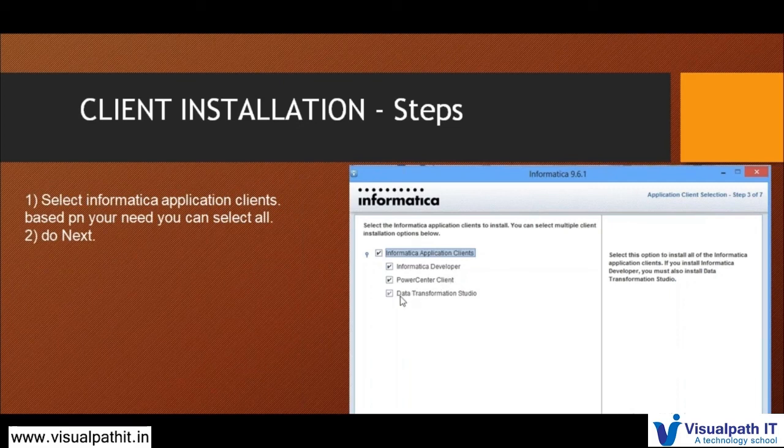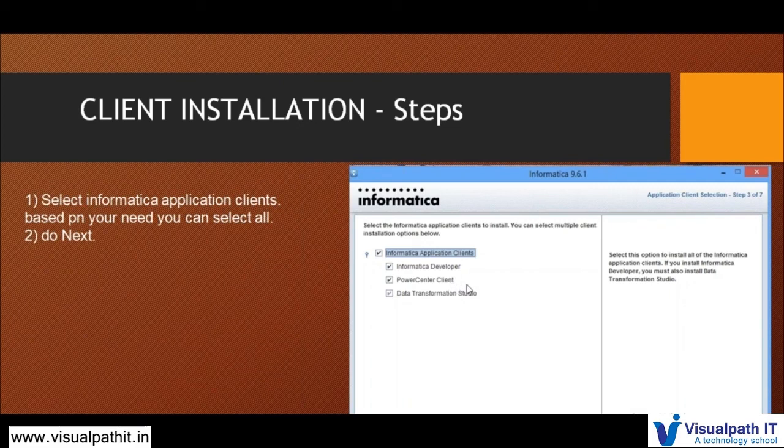And this is another tool you will have, Data Transformation Studio, which is useful for B2B data transformation. It depends on the project needs whether you go for that client. Otherwise, we will select only Informatica Developer and PowerCenter client.